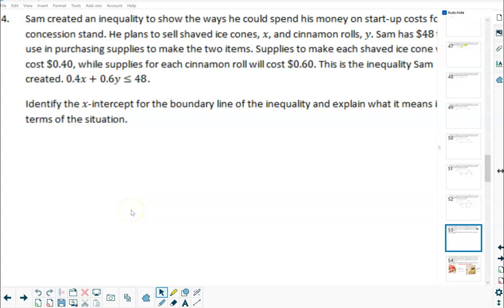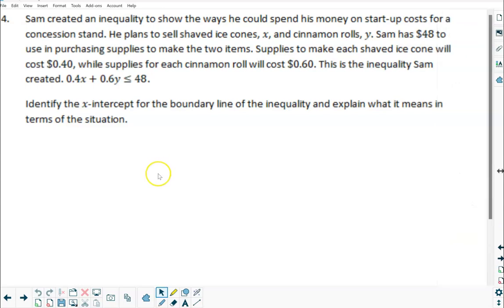Hello, this is part two to a video involving Unit 5, Quiz 1. So this is a study guide for that, and I'm going to do the last three problems in this study guide here. So I'm going to start here with number 4, and it got here, Sam created an inequality to